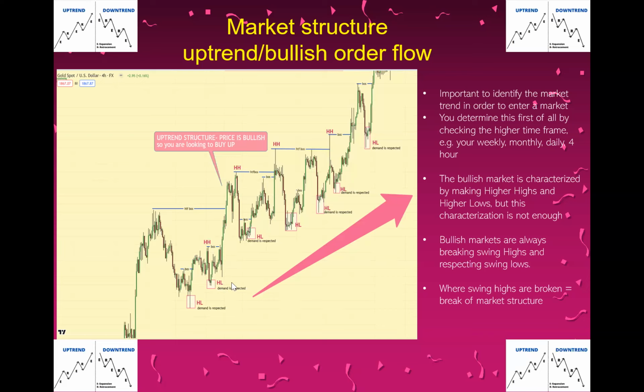But then when it dips, it retraces. That's just the correction before it moves back up, and it goes down, moves back up. So it's going up in waves, yeah? And this sort of trend, or this sort of structure, should I say, the uptrend is defined as market structure